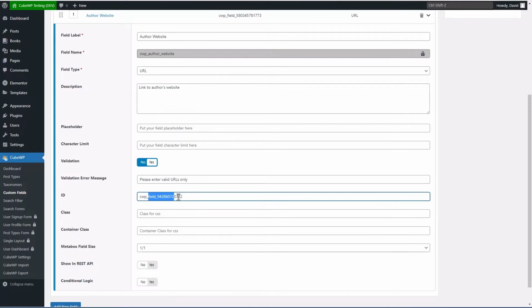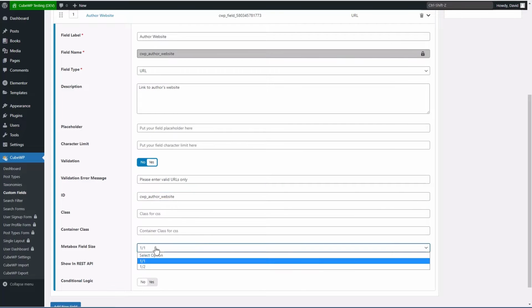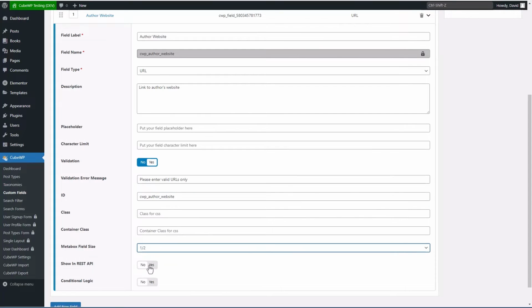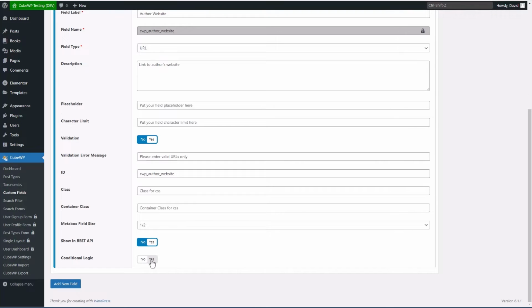I'm going to give it the ID the same as the name, author website. And then this is the size, and you have the option to make it full width or half width. So I'll make it half width, and have it show in the REST API. I'm not sure that that's absolutely necessary, but I'm going to do that. And then conditional logic, these are display rules.